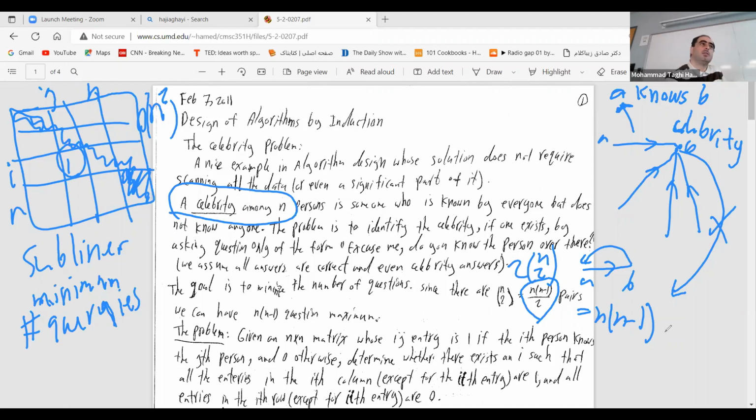If that person doesn't have any ID from 6, there shouldn't be anything coming up. Yes. So to check if someone is a celebrity or not, you need to ask everyone else whether they know this person. How many questions do we need to do that? N minus 1. And we should also ask whether this person knows anyone else or not.